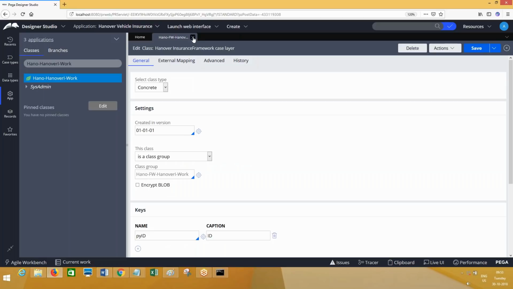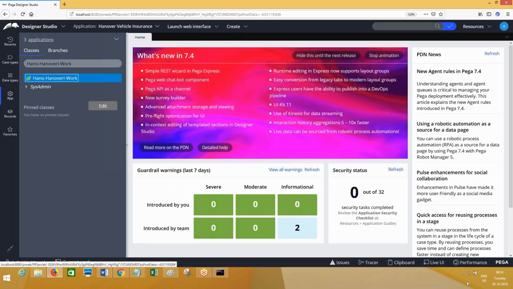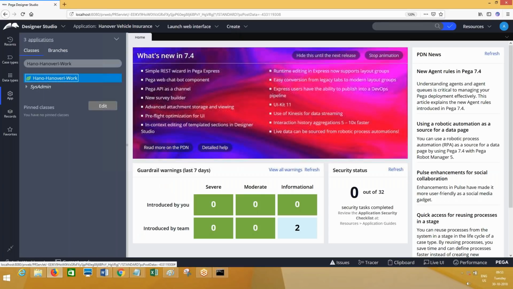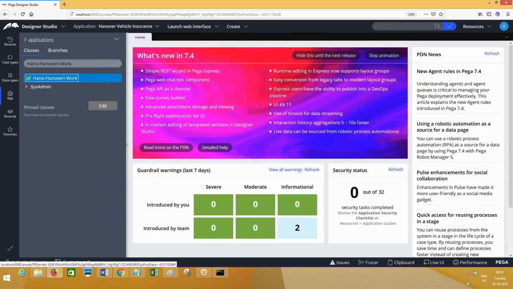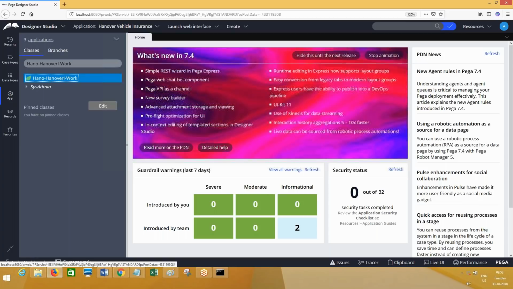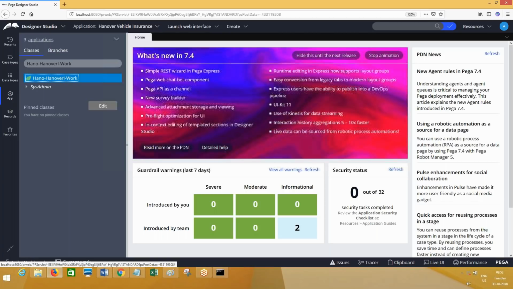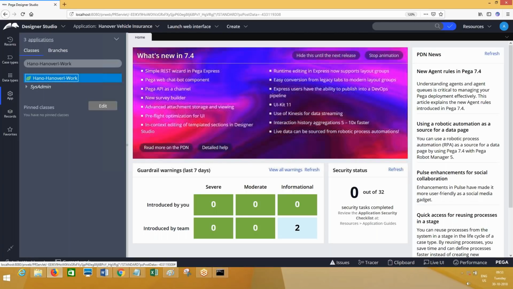So your implementation class group should have the framework class group as a parent class. Framework class group has the parent class as work dash or children of work dash. Thus your implementation also has a parent class of work dash class. Is it mandatory? If it is mandatory, the framework class group would have thrown an error message. Yeah, you cannot use it. That's why I changed it.